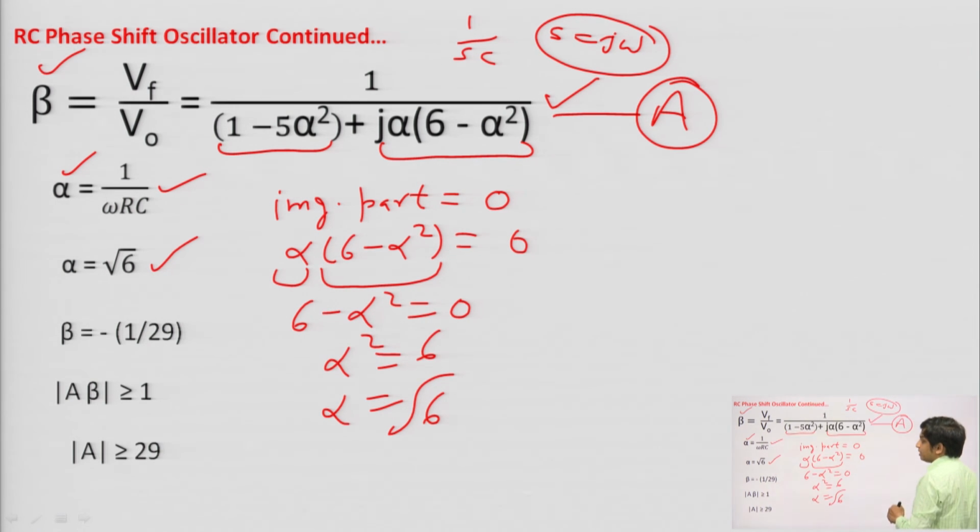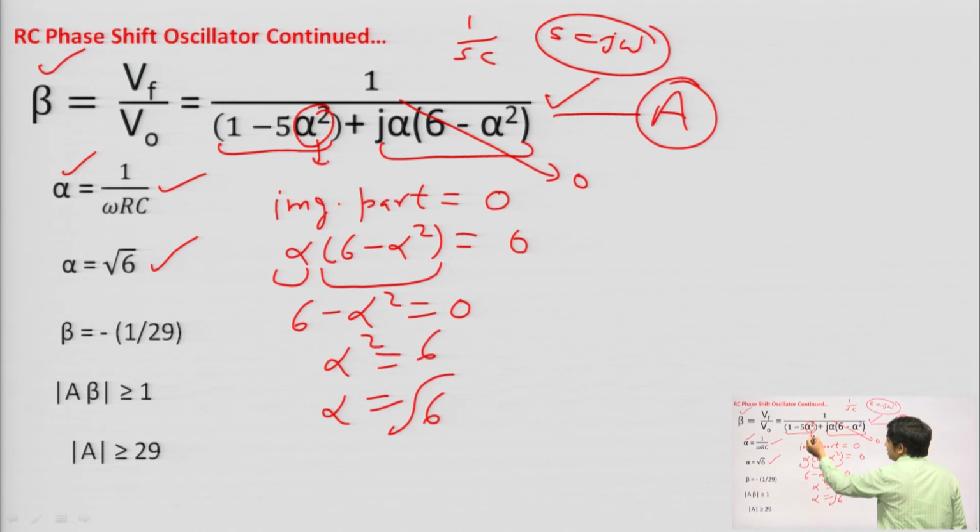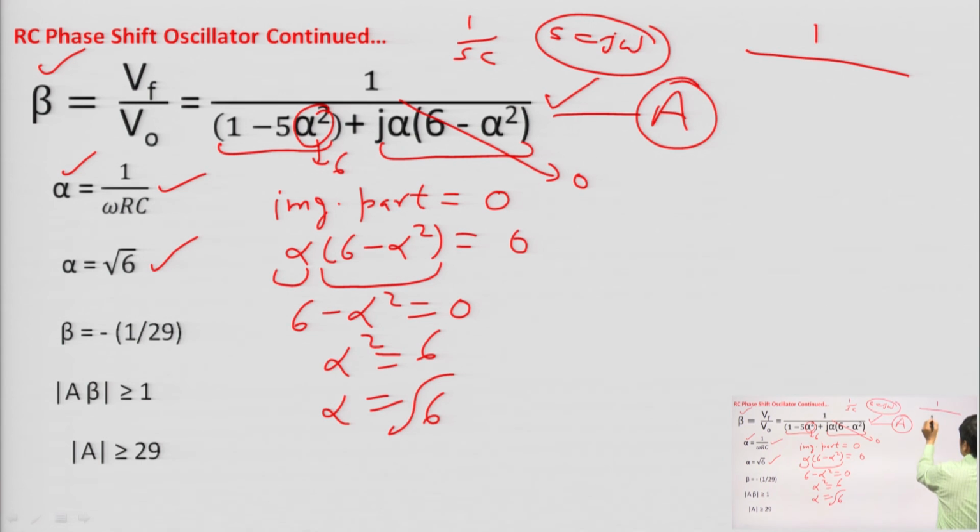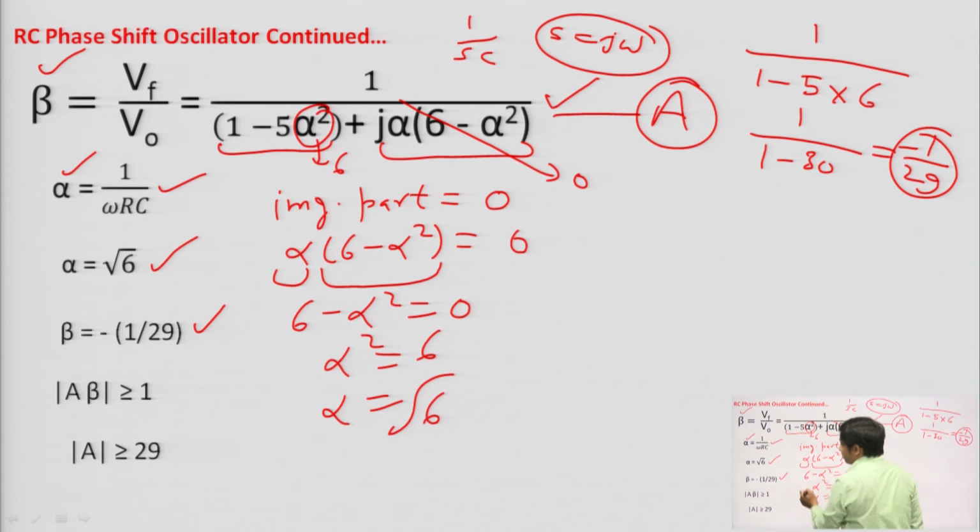Now, what is the value of beta? Just find it from equation A. Now, this imaginary part is 0, just put alpha equal to under root 6, that means alpha square will be 6. So, what we will get? We will get 1 upon 1 minus 5 into 6, it will be 1 minus 30, that is minus 1 upon 29. So, beta is equal to minus 1 upon 29,